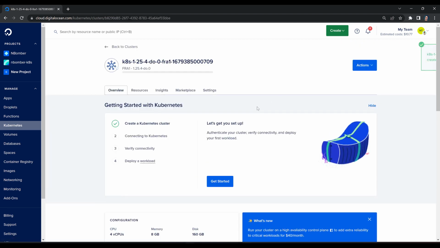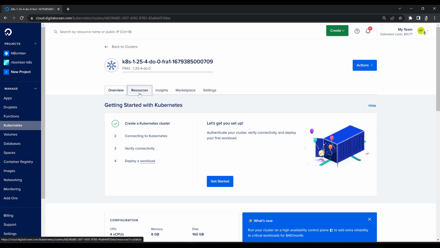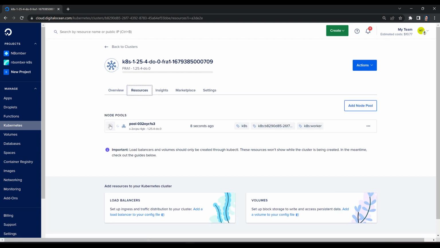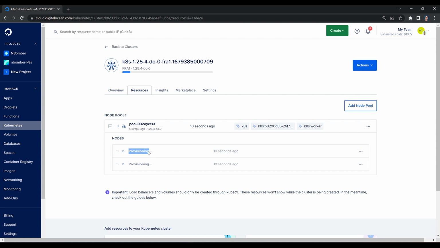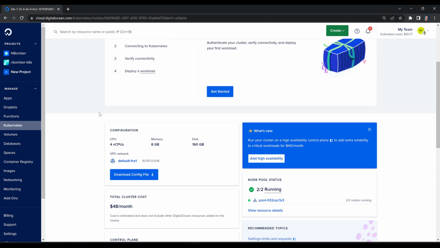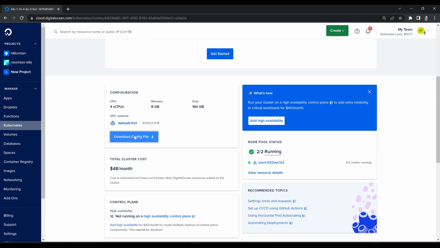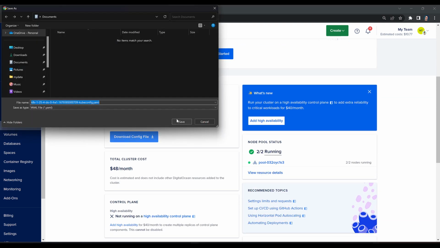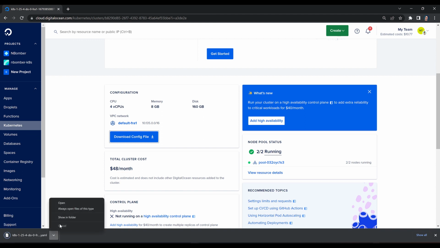The process basically started, and as you see, if we go to resources tab, we'll see that the node pools actually started provisioning. Yeah, we need to wait. Usually it takes up to 5-7 minutes. Our nodes are provisioned, and next step will be to download Kubernetes configuration file